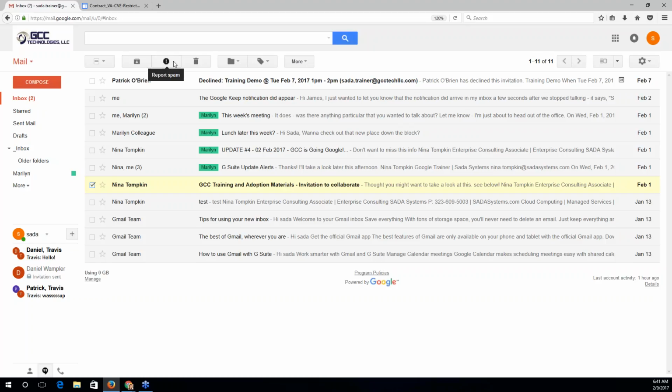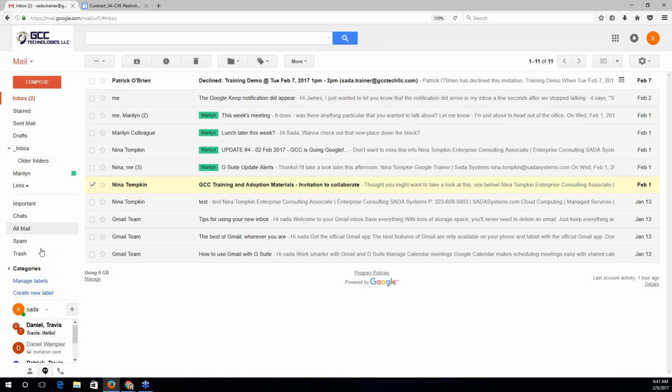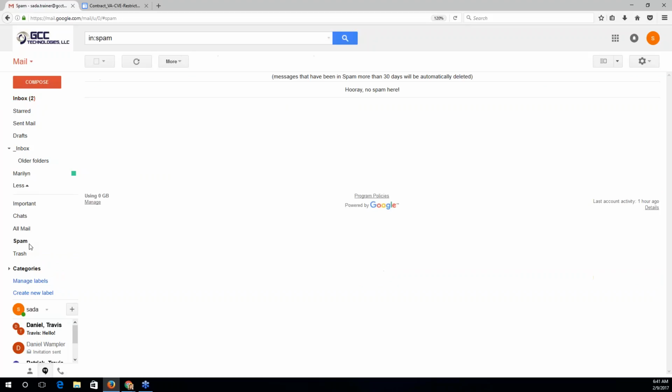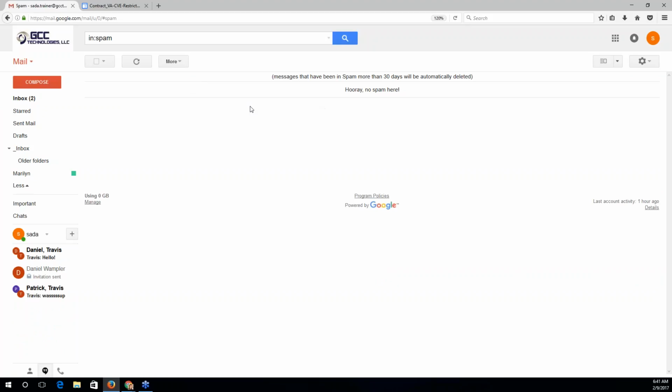Next up on the toolbar, we have a report spam button. So Google spam filters are very strict. If you happen to catch anything sneaking through its strict spam filters, then you can use this button to report it. Post-migration, it is recommended to actually investigate what Google has been flagging as spam. So if you click on the More dropdown and click into your spam label, it's good to just take a review of what messages have been piling up here, if any, because sometimes we notice post-migration some messages can be inappropriately flagged as spam.